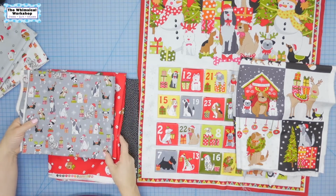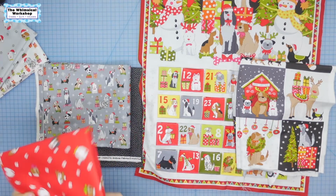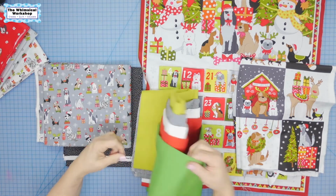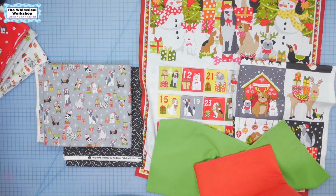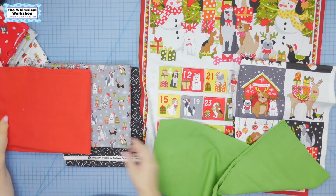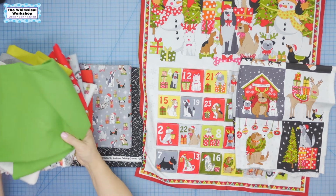That's too many dog heads. That's too much dog heads. So maybe what we'll do then, these are the basics they sent. Maybe what we'll do is we'll just bind it. We'll just bind it in red. All right, so with all those decisions made,